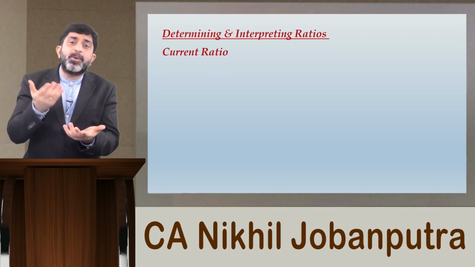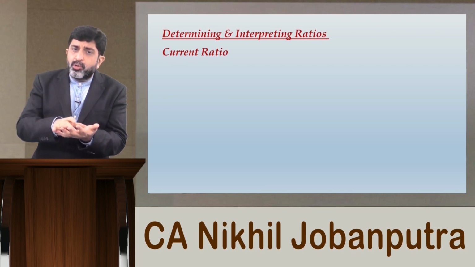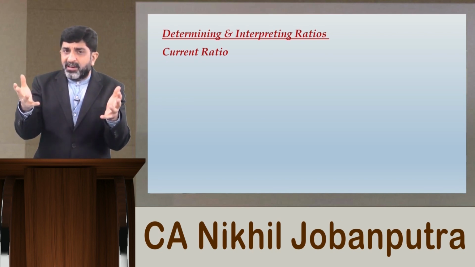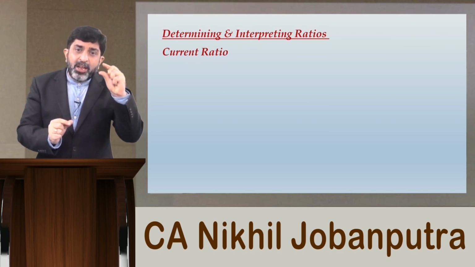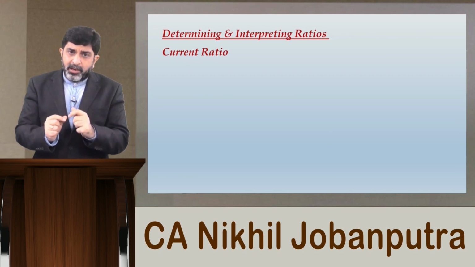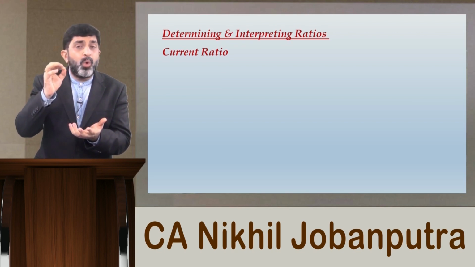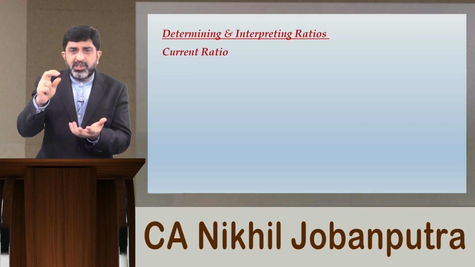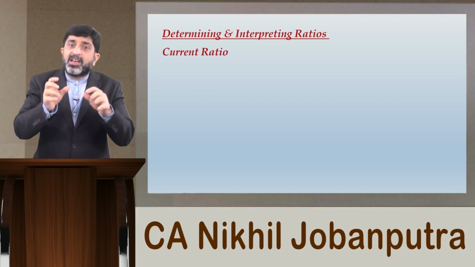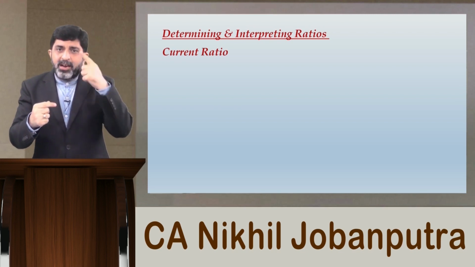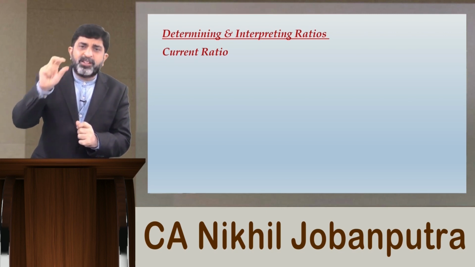Now why are we computing current ratios? Please understand, just looking at the working capital amount, we will never understand whether the working capital is sufficient or not. Therefore, we have to look into the standing of current assets against current liabilities to have a clear idea about the status of working capital, whether it is sufficient or not. So, working capital is current assets minus current liabilities, and current ratio is current assets divided by current liabilities. So, current ratio is a ratio of the two components, whereas working capital is the difference between the two components.